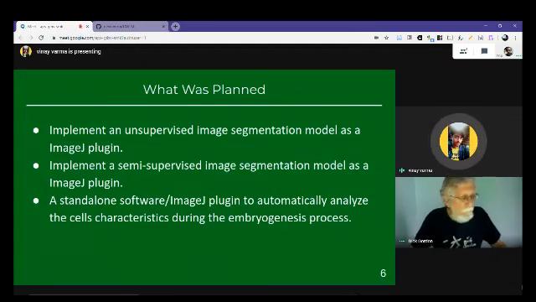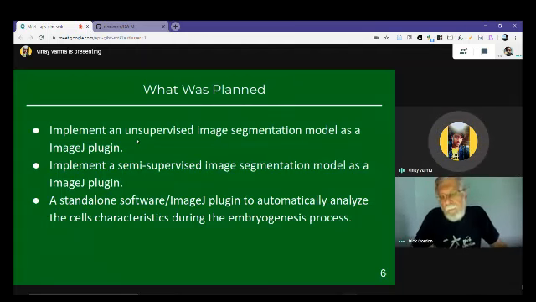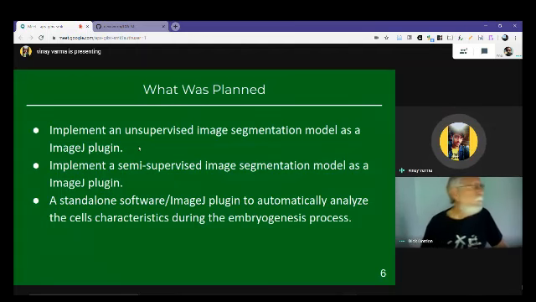So what I propose to do is an unsupervised image segmentation as well as a semi-supervised image segmentation. The unsupervised image segmentation is nothing but trying to do the segmentation without the labels in the training data. So I found a paper called the WNet paper. It's on arXiv. Basically, it proposed a deep learning architecture where we can segment any kind of images in an unsupervised way,